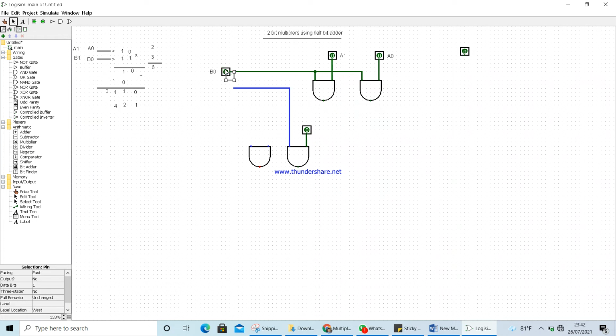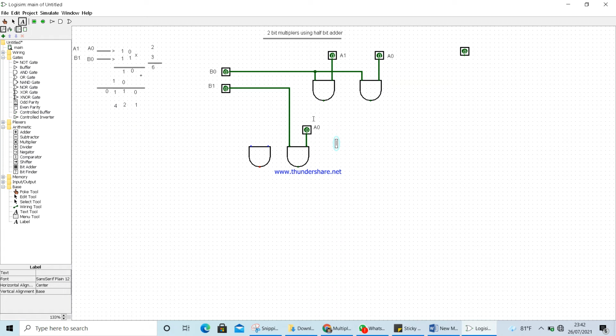I'm gonna mark the B1 value here. Right. So this input as A0, same input here. So I'm gonna explain step by step how to